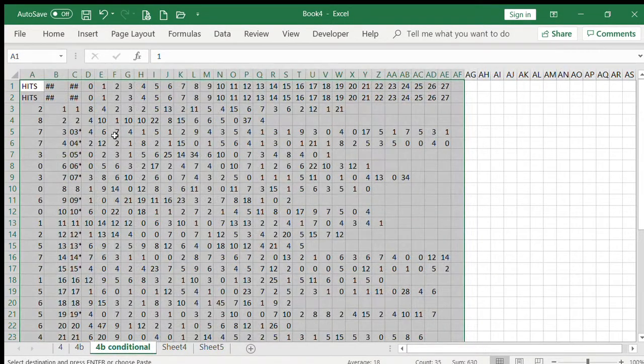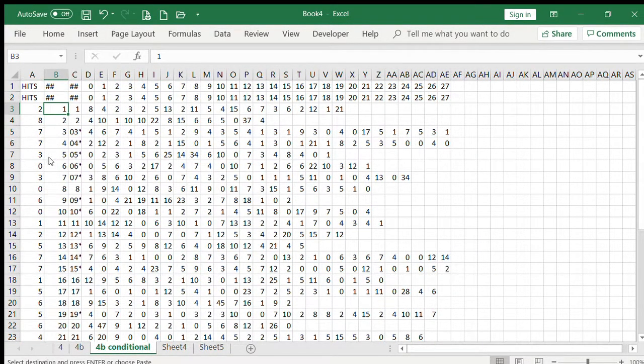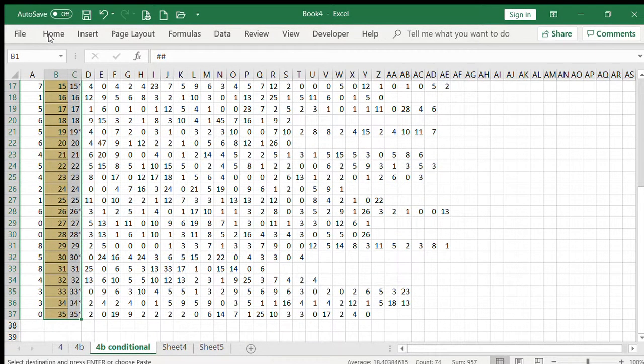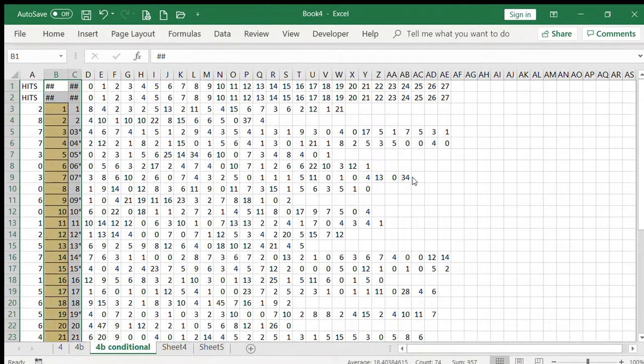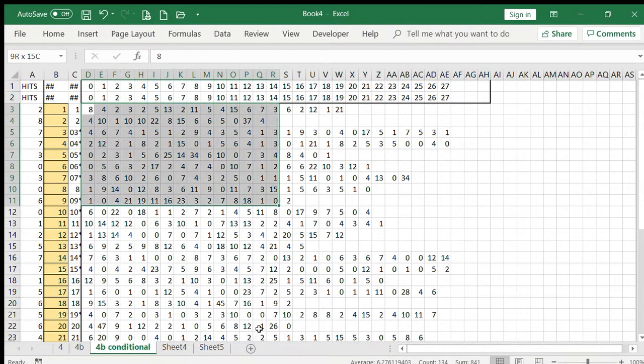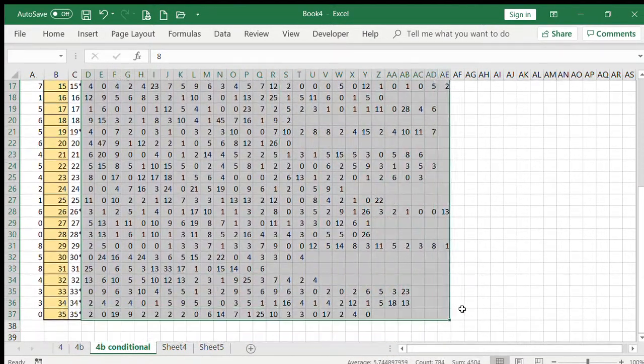Copy. So 4B conditional. I have it named conditional because I'm going to add conditional formatting here. All right, and this is the numbers. Let me put a black box around this just to delineate it a little bit. Okay, and this is the skip periods. Well, this should be delineated also. Now the first and easiest thing to do is to just try to locate all of the cold skips or